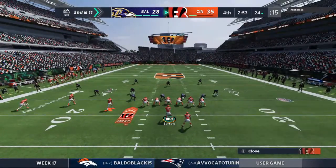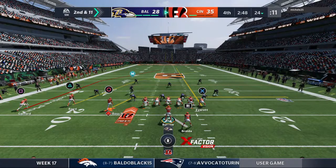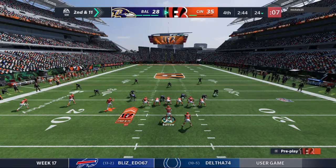48 to Mike. Check curls, check curls, check curls. Check 48 to Mike. Check 48 to Mike. Check pass, check